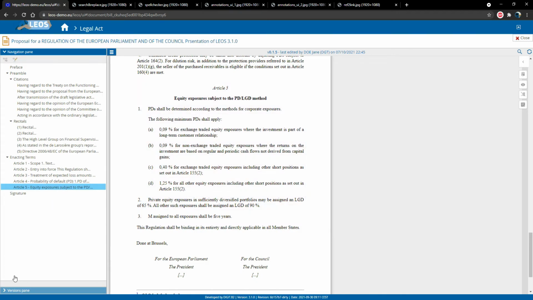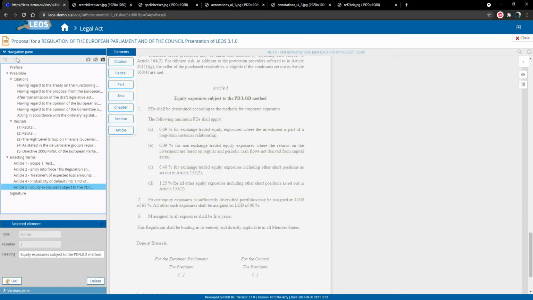If you see here, also on the left hand side, on the table of content, there is the possibility also to edit the structure of the document. So let's say that the drafter needs to add a new article, but this time he wants to start drafting it from scratch. To do so, we can open the table of content in edition mode. He can select one of the inline elements that he can choose from, so higher divisions or articles, and he can, for example, pick one of the articles, add it between article 2 and 3, click on save,